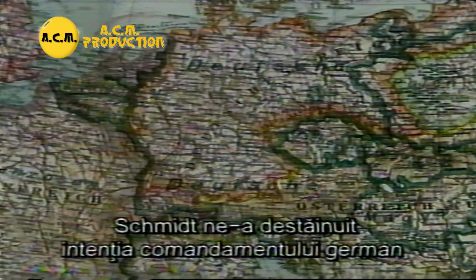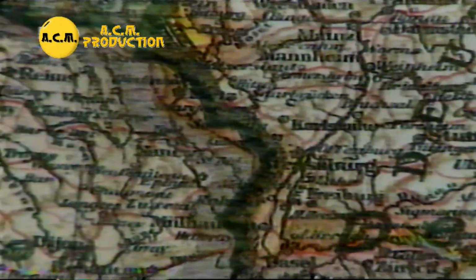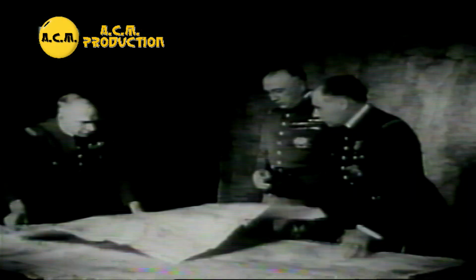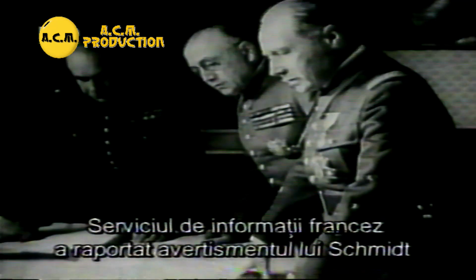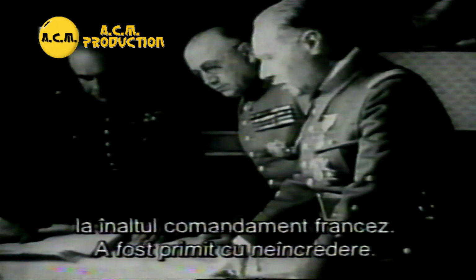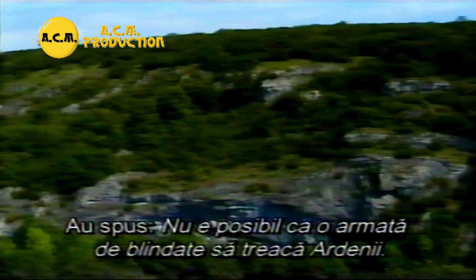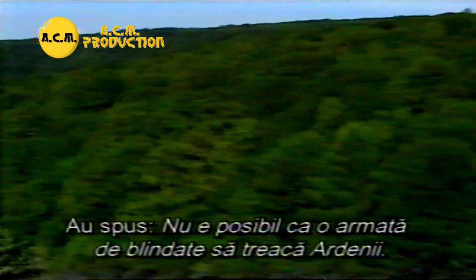We were informed by Schmidt about the German command's intention to penetrate Belgium and advance to France right through the Ardennes. French intelligence reported Schmidt's warning to the High Command. The response was disbelief. It's not possible. They said, it is not possible that an armored force, the Wehrmacht,